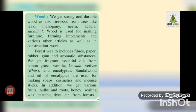Okay, so these are the different names of the plants which are present in the forest. In the forest there are n number of plants, but out of those plants, each and every plant can't be used as firewood or for different purposes. So there are particular trees whose trunks are very strong and durable. Okay, so which are those? Teak, mahogany, neem and acacia,